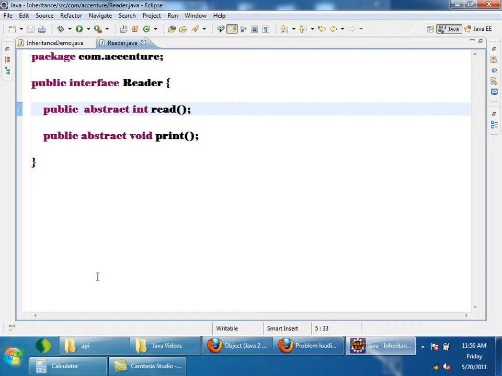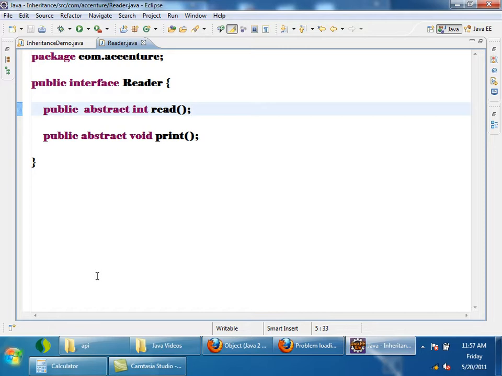All methods can be concrete. But why should I make it abstract? Because I don't want the object of the class to be created. An abstract class can have all concrete methods also. It's not mandated to have at least one abstract method. But the reverse: if a class has at least one abstract method, it should be abstract.